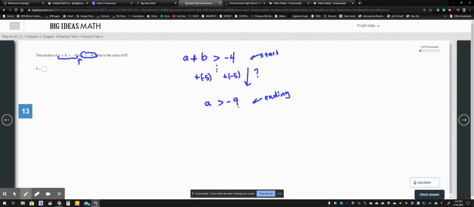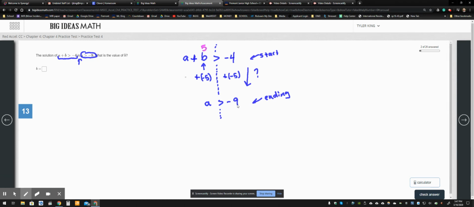In order for this to stay balanced, I have to do the same thing on both sides of the inequality symbol, okay? So the only way I'd be adding -5 here is to try and cancel out this b here. And the only way that this cancels out that b there is if that b is equal to a